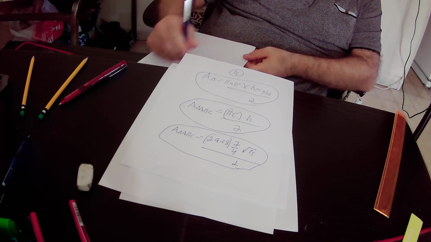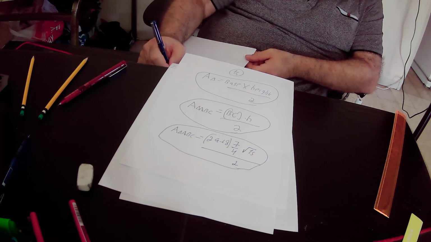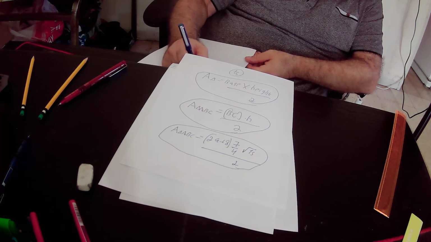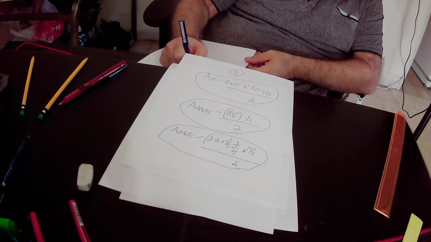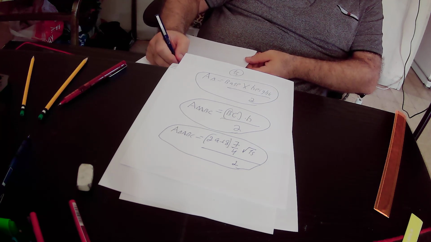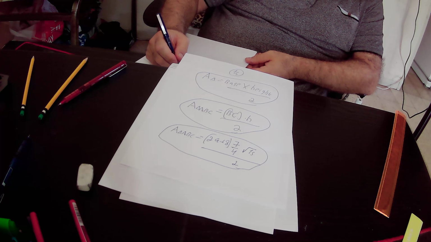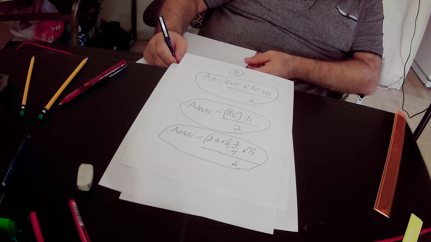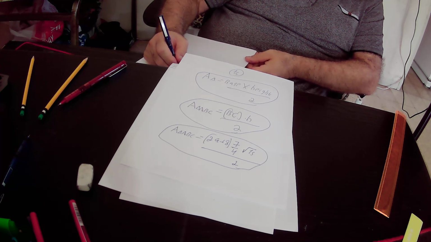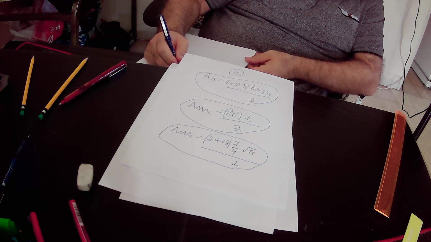Okay, and we will get that the area of triangle ABC equals 2 times A, which is 17 over 4. 2 times 17 over 4 is actually 17 over 2,